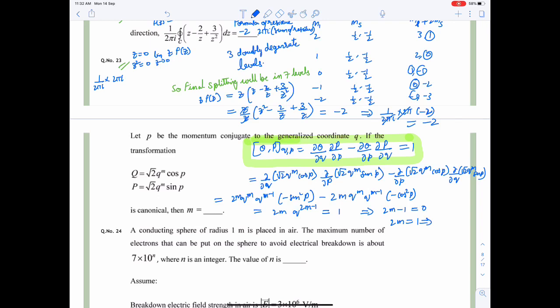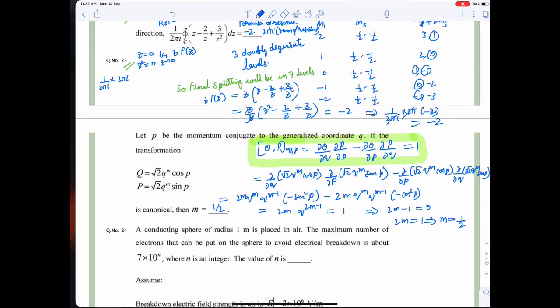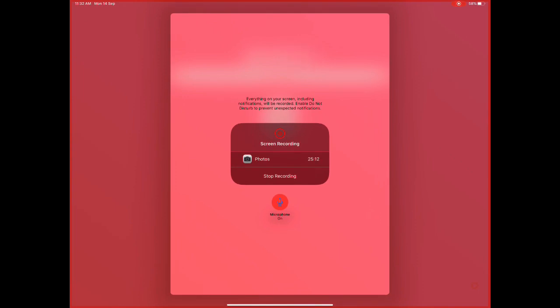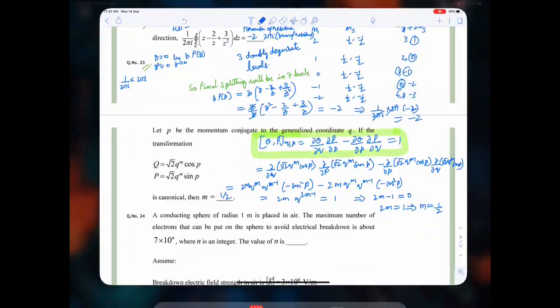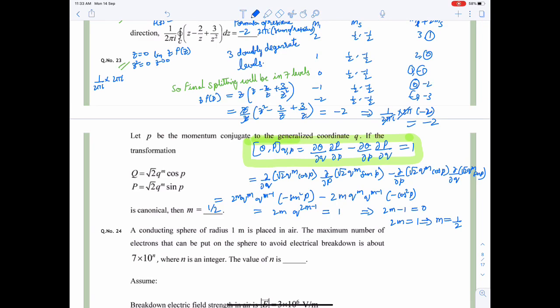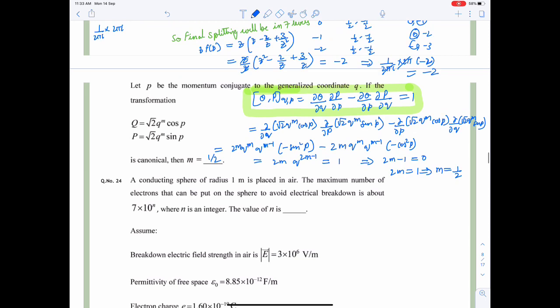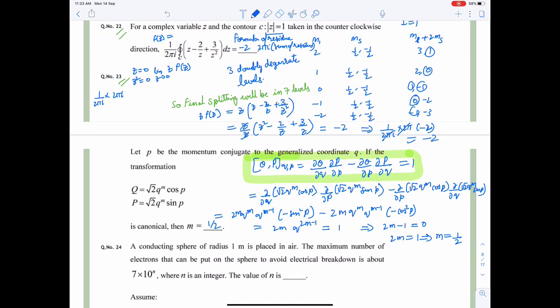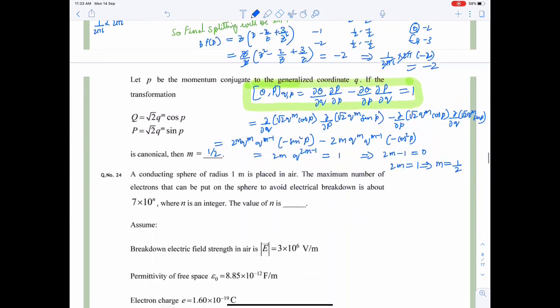So m equal to 1 divided by 2. So you will get the answer here 1 divided by 2. So we have done this sum also. So now we will move to our next sum,